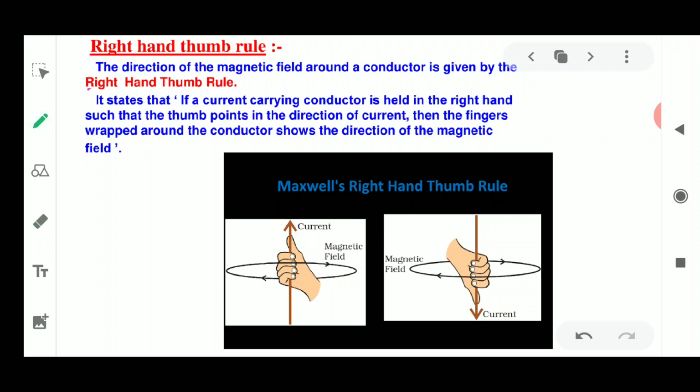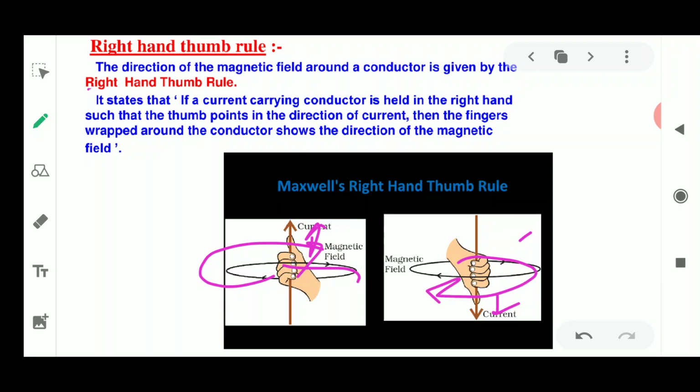In the first case, where the direction of current is in upward direction, then the magnetic field was from forward to backward, meaning it is coming from backward to forward. This was the direction. This is also known as screw rule. Now in the next picture which you could see here, when the direction of the current is just opposite, it is in downward direction, then the magnetic field will be from the outside to inside. It is coming in this way. It is going to be reversed.